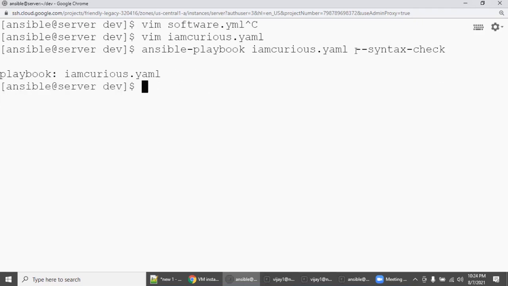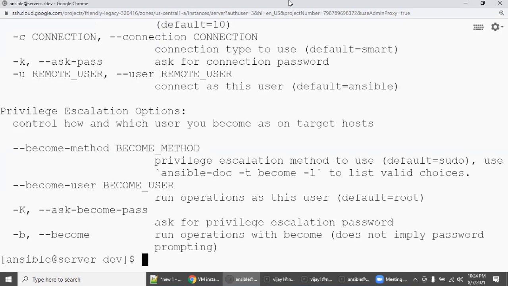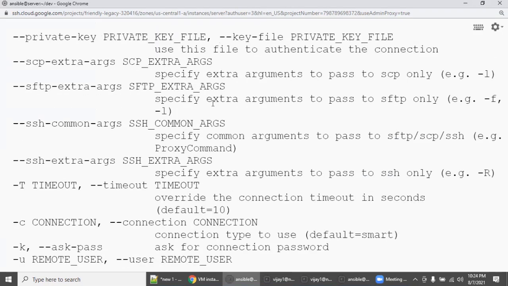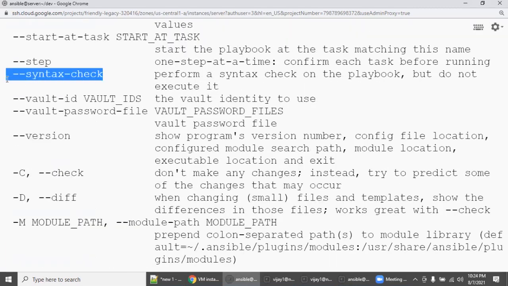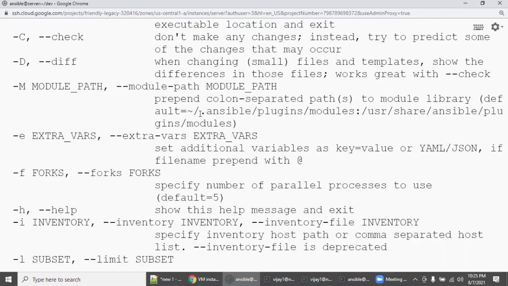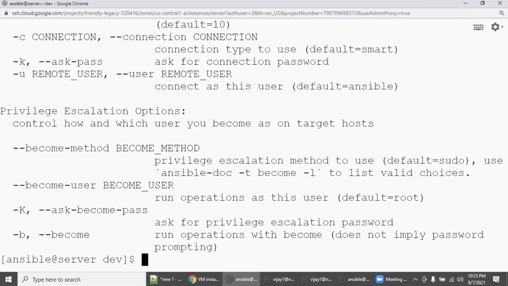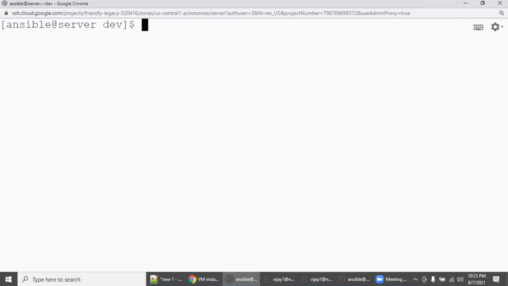Some people will ask, how do I remember this? As I said, don't memorize anything in Ansible. ansible-playbook, right? --help. Just go with --help. Come down. If you look at the help, automatically you will have all of it. See here. So --syntax-check also you can get from the Ansible help man page.